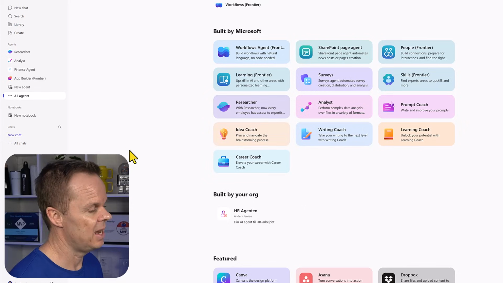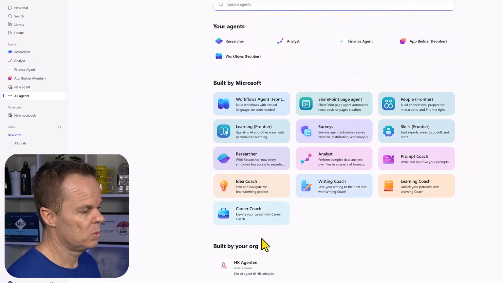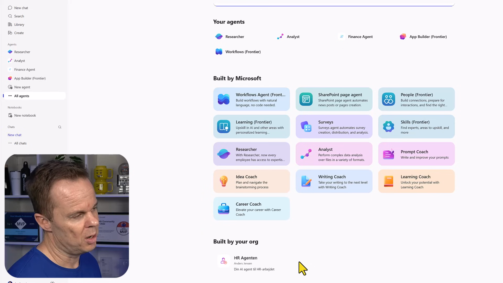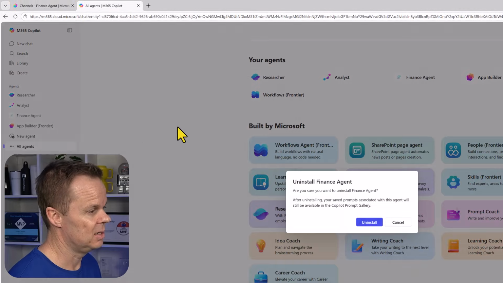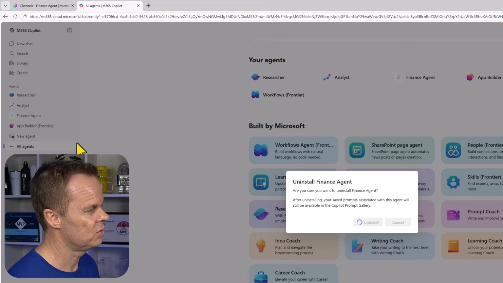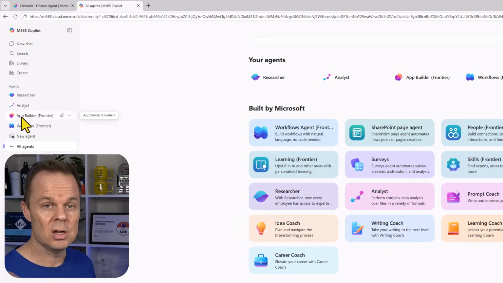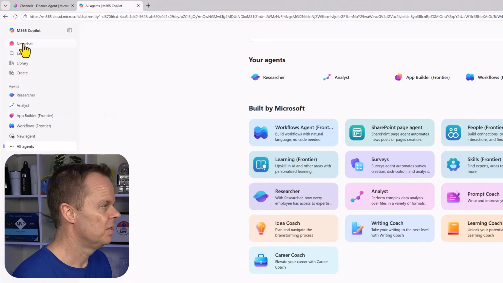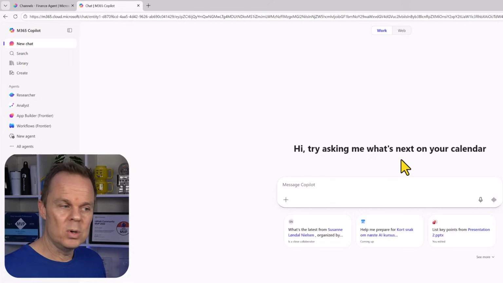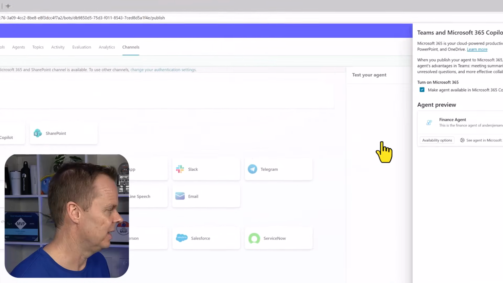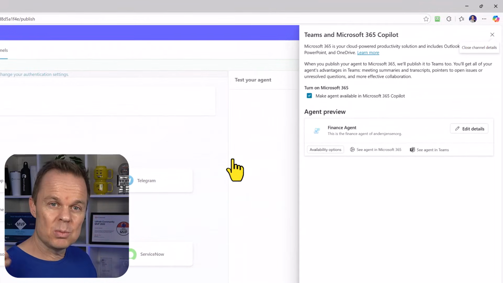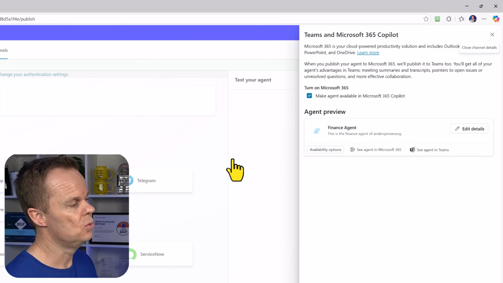Let's get that through. Because we want it to be shown up here, let's just uninstall this for now, at least here in Copilot 365. So I'll do this, then this disappears up here, just to not confuse ourselves. Then I will also go up to new chat. We have refreshed this. Now I want to go to this channel again, because the trick here is that we want to publish it to our